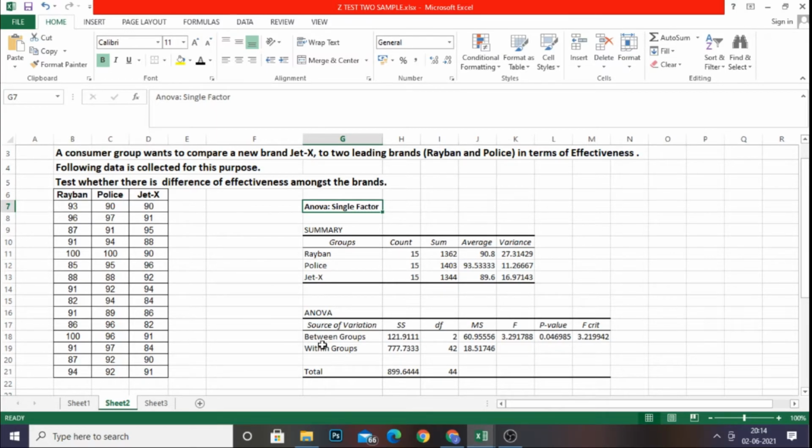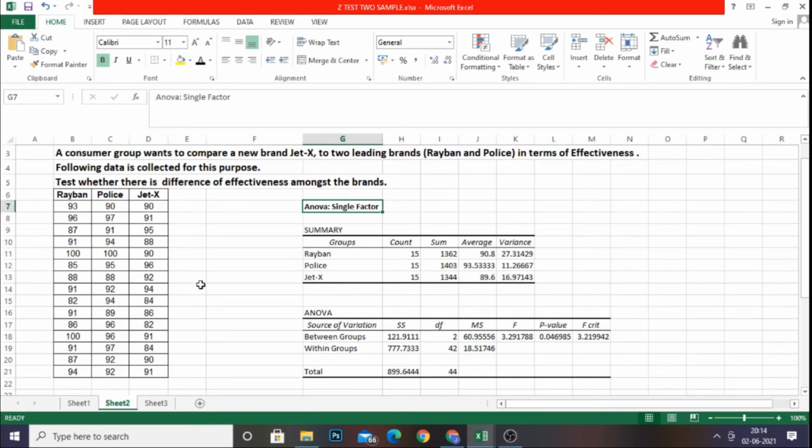And in the ANOVA table, we have the source of variation between groups and within groups, and the total has also been calculated. SS stands for sum of squares, df degrees of freedom, MS mean square, F value, P-value, and F critical value. We have just calculated these with the help of the data analysis tab in Excel.